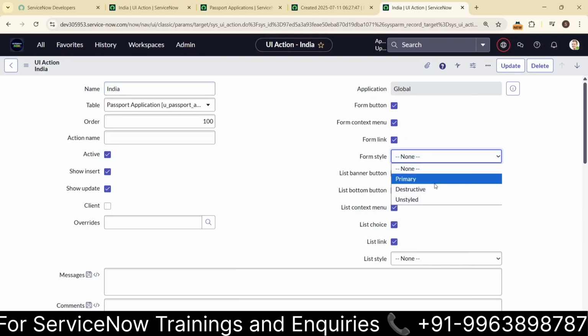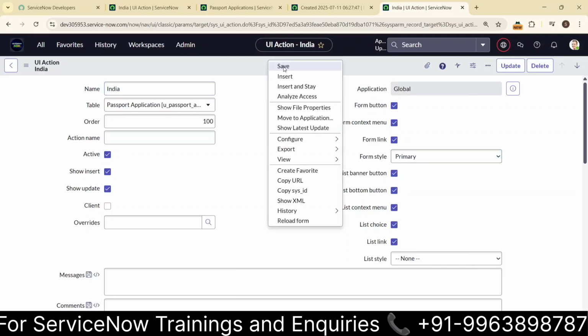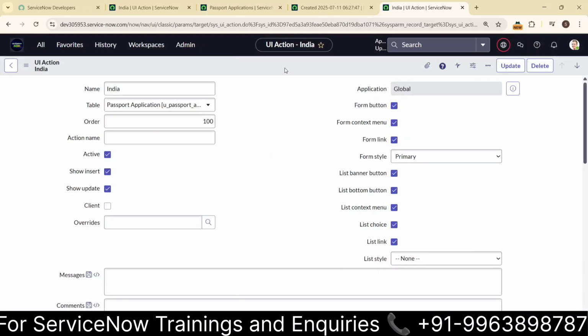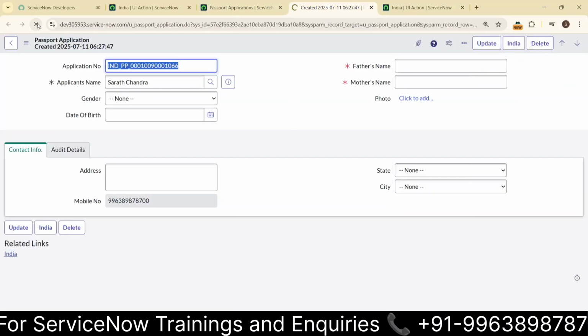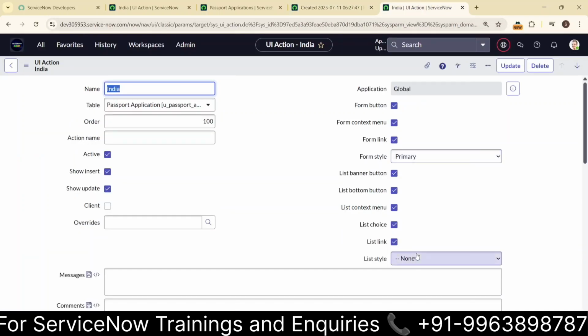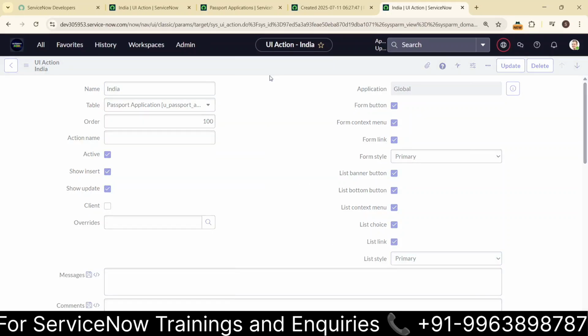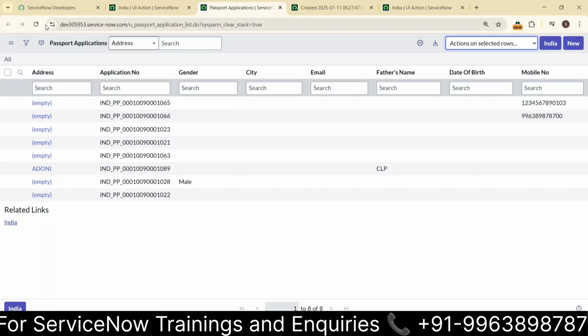Select the form style as primary here and save this record. And let's check in the form view. If I refresh, you can see it is turned into a background color of blue and text color of white. Okay, and if I select list style as primary, let's check. If I save this record, if you go for the list of records, if you refresh,